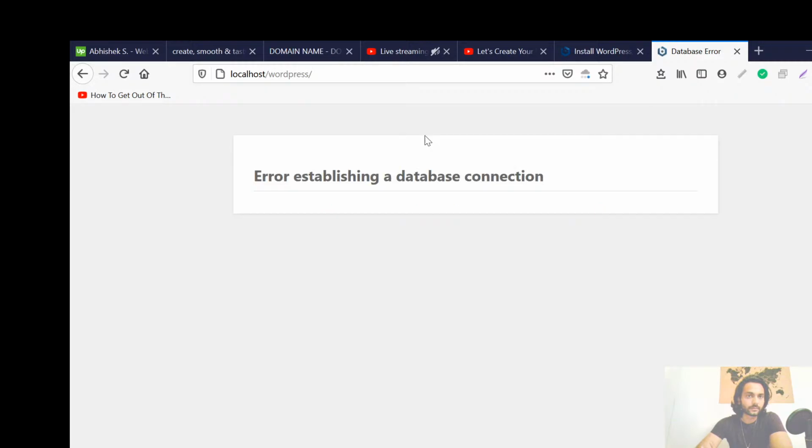Okay, there's some error establishing the database connection, but normally it works like this. Because it is a live feed, I cannot go and troubleshoot, because other people are also waiting. So this is the way you can do it on a local system. And if you have hosting,